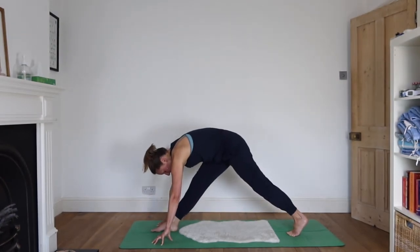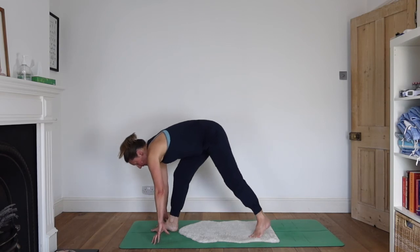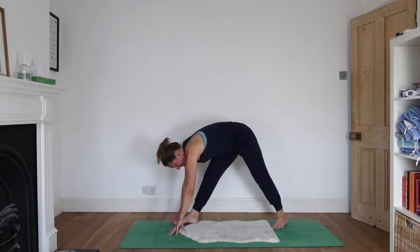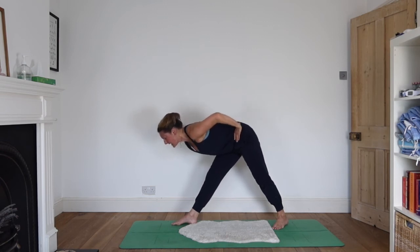Let's pause with the legs straight. Hop the back foot a little closer so you can get the heel down on the floor. And then I'm just going to come off my rug because I don't want to slip. Okay, and then from here, let's bring hands to waist and look forwards and create a tabletop with the back. So this right hip is pulling towards the back of the mat, and that's allowing the left hip to come